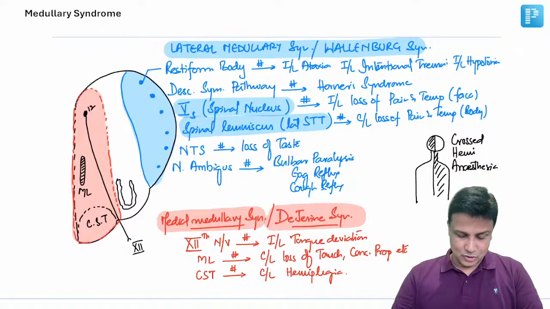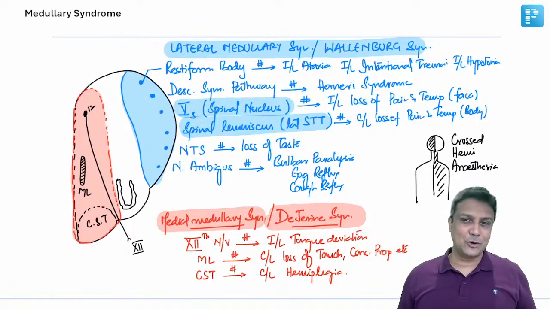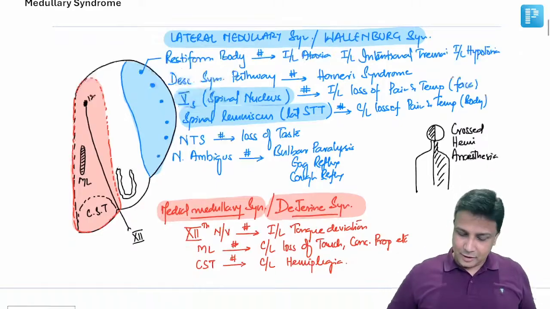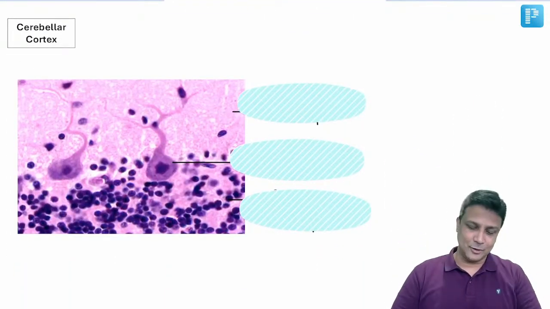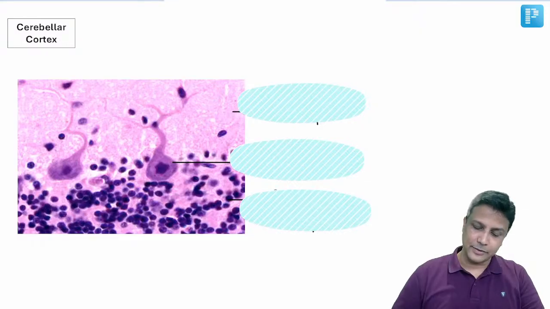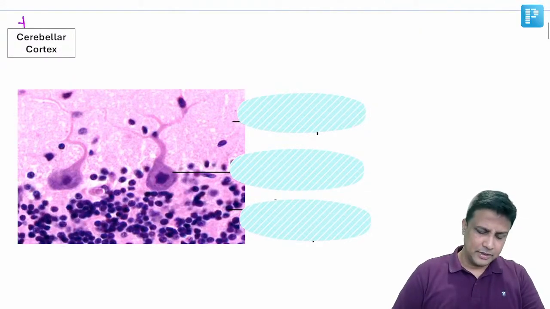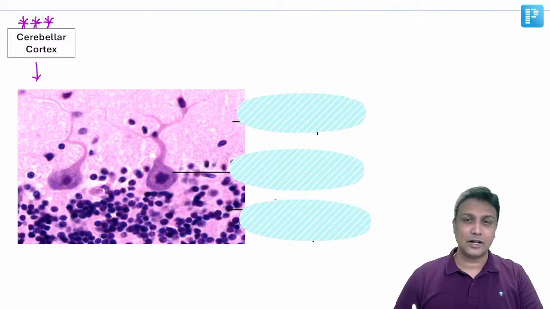Okay, so I hope the brainstem syndromes are crystal clear right now. Now moving on to the next topic here, the cerebellar cortex. Now in your exams, the cerebellar cortex is very much important here, my dear friends. And many a times we have observed that in your PYQs, they are giving this image of the cerebellar cortex,